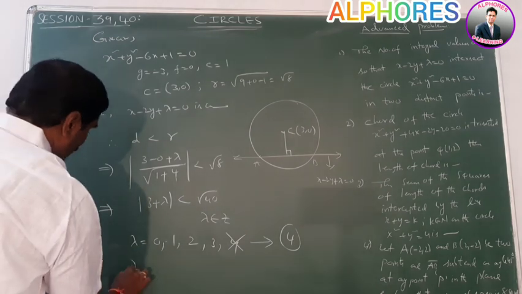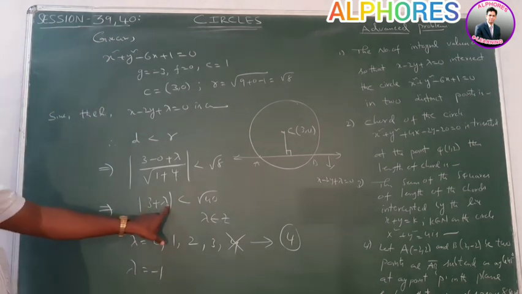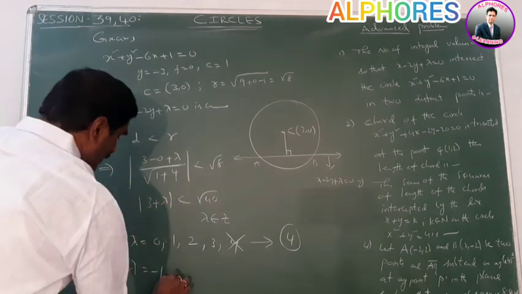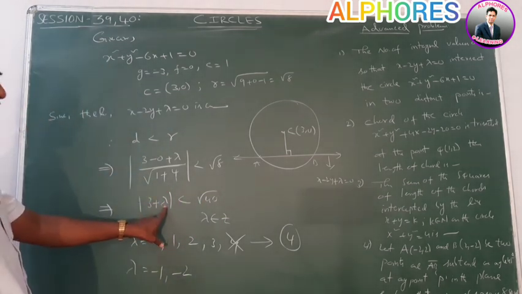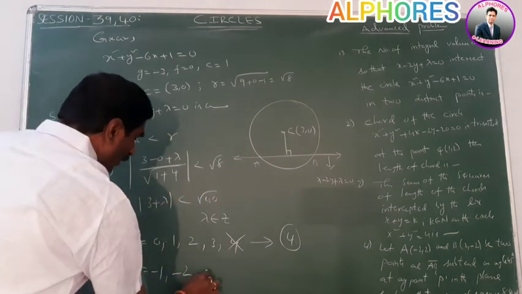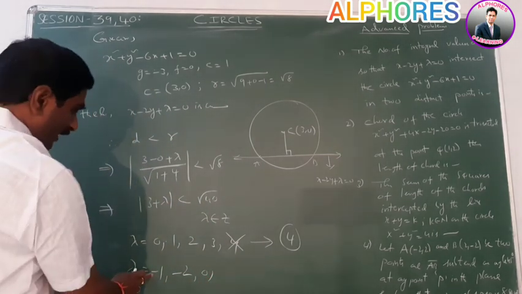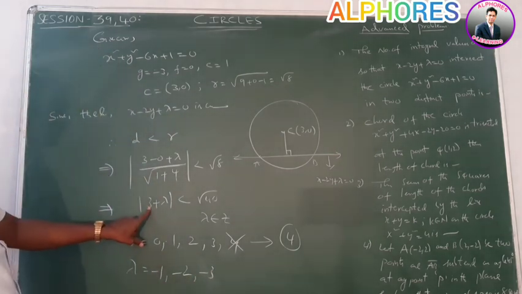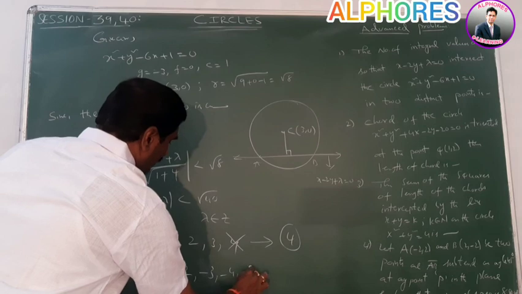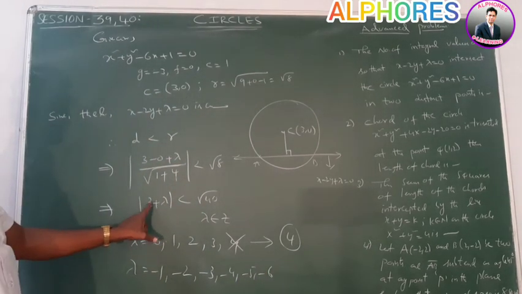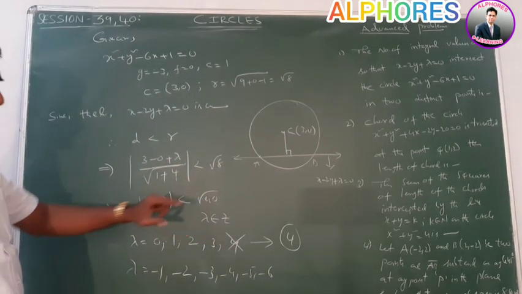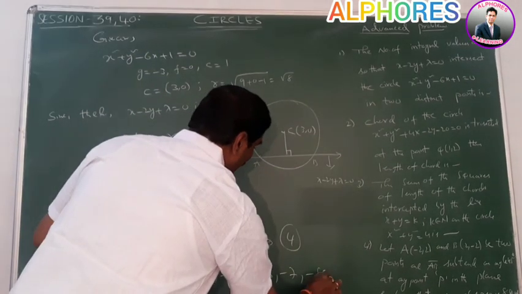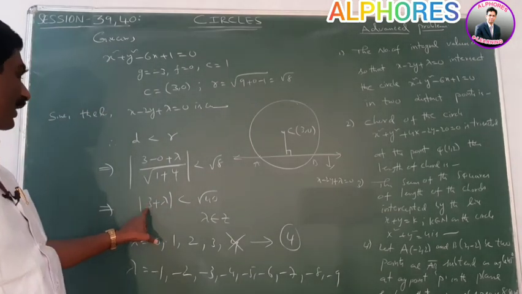Similarly, we check the negative integral values. Suppose lambda is equal to minus 1. At lambda equal to minus 1, this value is 2, root 4. Root 4 is less than root 40. Minus 1, minus 2: at minus 2, we get 1, which is less than root 40, true. Minus 3, minus 4, minus 5, minus 6: at minus 6 we get this value is 3, root 9 less than root 40. Minus 7 is also true: minus 7 plus 3 means 4. Okay. Minus 8, minus 9: at minus 9 we get 6.